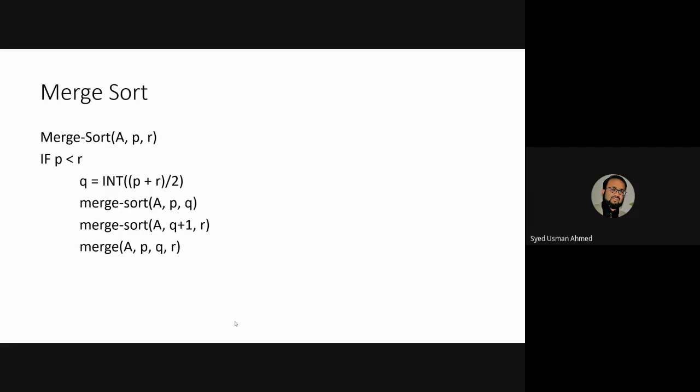As you can see, there is a call to merge sort inside this merge sort algorithm again 2 times. That means that this merge sort is calling itself again and again. So any algorithm which calls itself again and again is called a recursive algorithm, right? So merge sort is a recursive algorithm, and each recursive algorithm needs to end itself at a particular point. So this if condition that P is less than R is the base condition upon which this recursion stops.